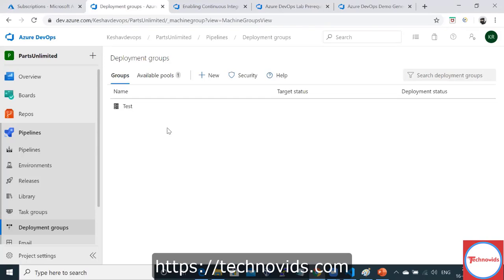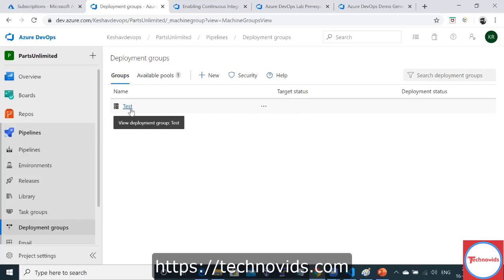Now, if you are trying to test .NET code, can you test it on a Linux machine? No, right? You need a Windows machine to do that. Why do you need a Windows machine? You need Visual Studio, you need the .NET framework. You have to have the .NET framework and Visual Studio on your agent machine so that your pipeline can run on that particular agent machine. That is why the agent machine that you add here for the recently created project needs to be a Windows machine, right? Only then will it run.